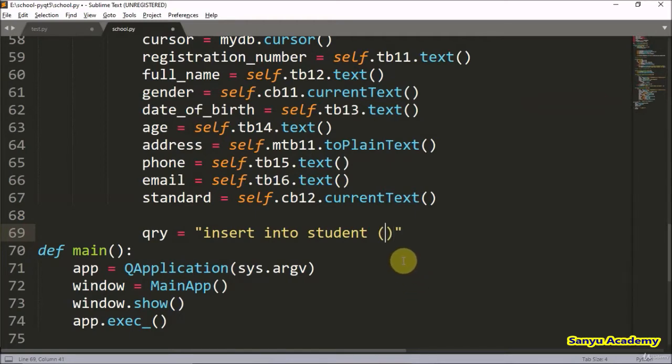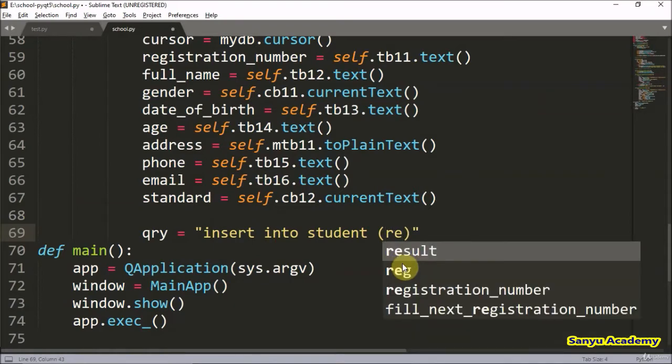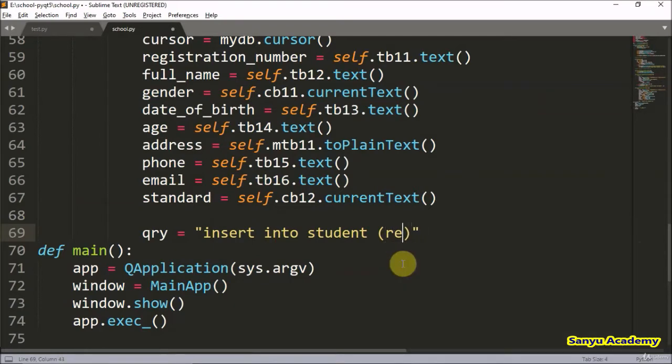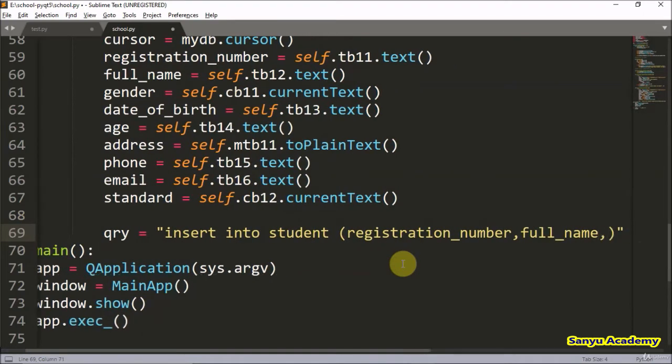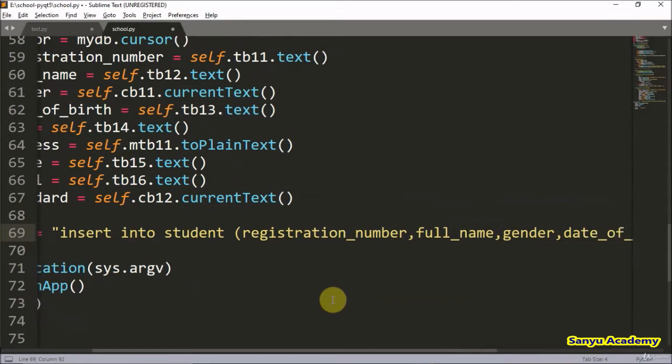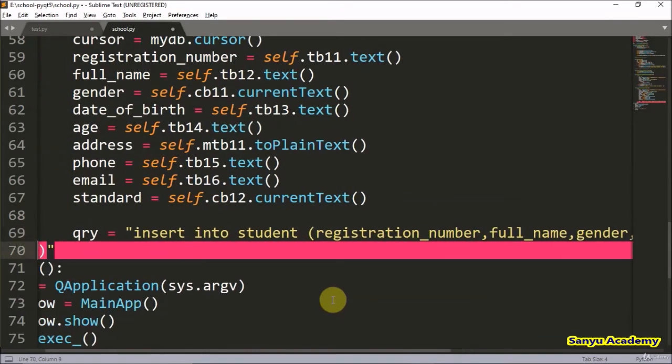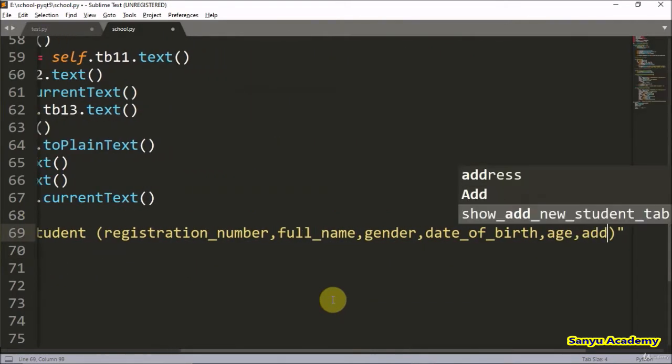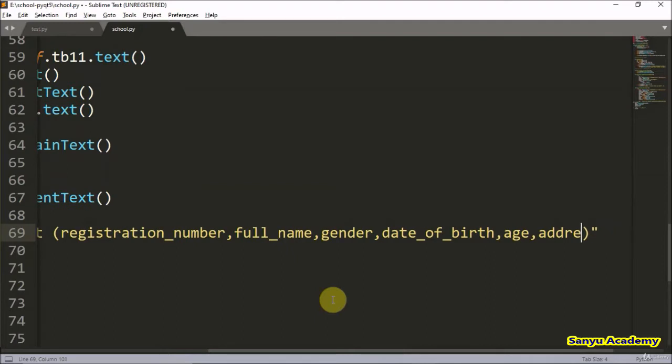We have to fill the details, field names: registration number, comma, full name, comma, gender, date of birth, age, address, phone, email, standard,